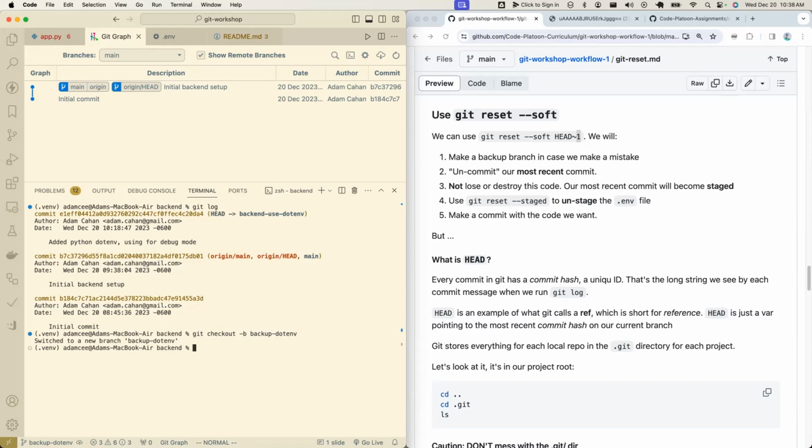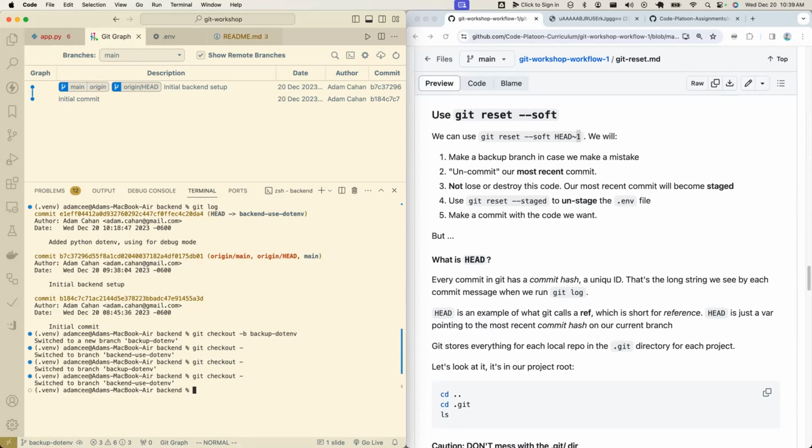Because now when I go back to this other branch and change stuff, backup.env is separate, right? Whatever I do on the other branch will not affect this one. I could destroy a ton of commits on the other branch and it shouldn't affect this one unless I really go deep into Git stuff. There's a super useful Git shortcut, which is git checkout space dash. That lets me jump to the last branch that I was on, and as you start using different branches more and more,